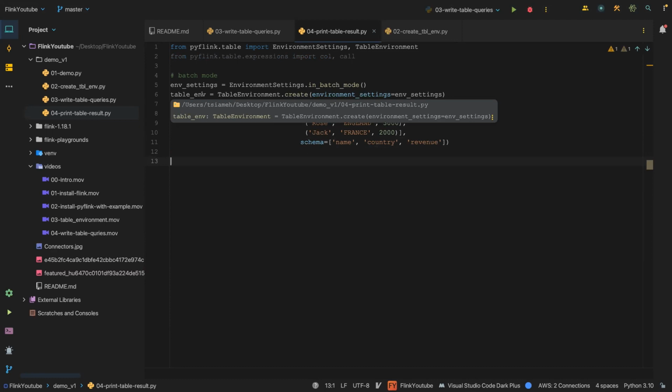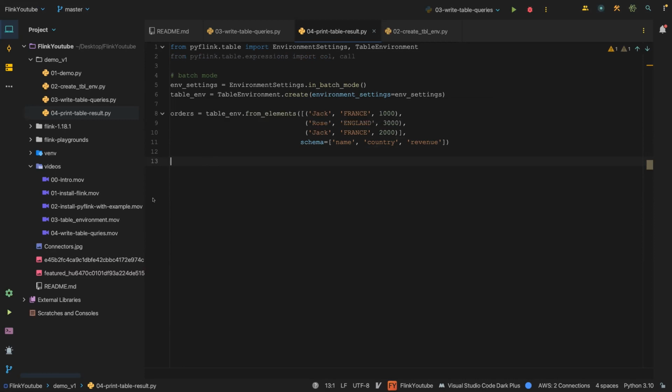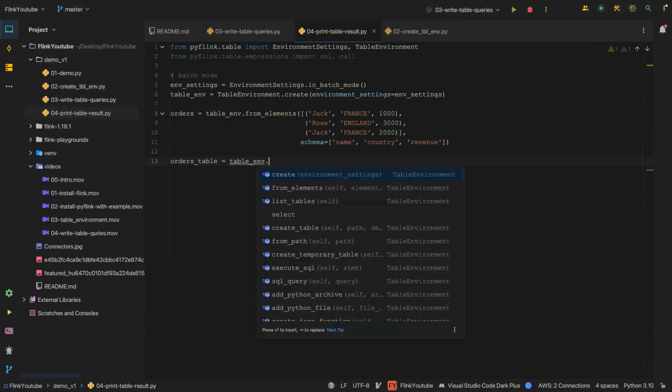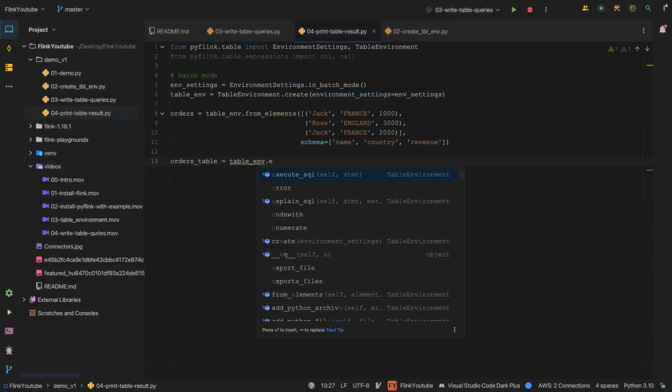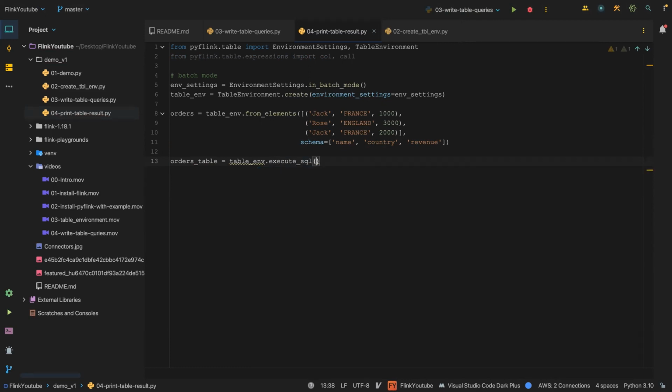So what we are going to do here is use the execute SQL function. Okay, so what we're going to do is say orders_table is equal to table environment dot execute SQL, and this is going to take a statement and then return a table environment. Okay, so let's put that in, and then we can say